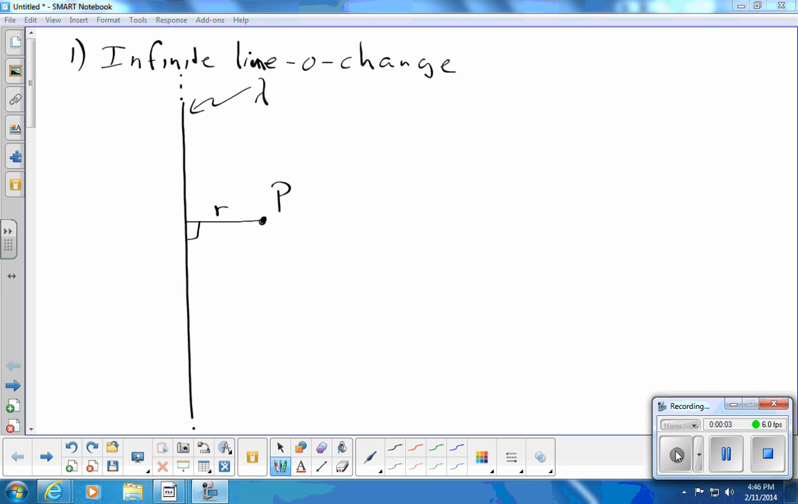Howdy. We are going to use Gauss's law to find the electric field near an infinite line of static charge at point P, a distance r away from this infinitely long line of static charge. And we've done this problem before by